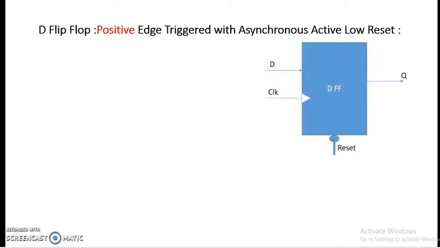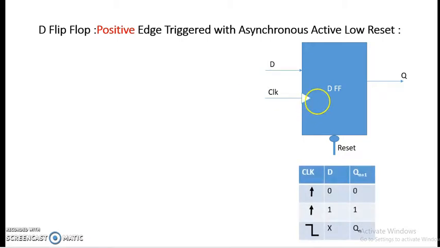So our aim is to write down the design module using the behavioral modeling for a D flip-flop which is positive edge triggered with the asynchronous active low reset. So this is how a block diagram of such a flip-flop would look like, and we all know that a truth table for the positive edge triggered D flip-flop would be something like this. So whenever the clock is making the positive transition, the output should follow the D input, and for other instants of time, the output should not change. It should remain the same irrespective of what the D input signal is.